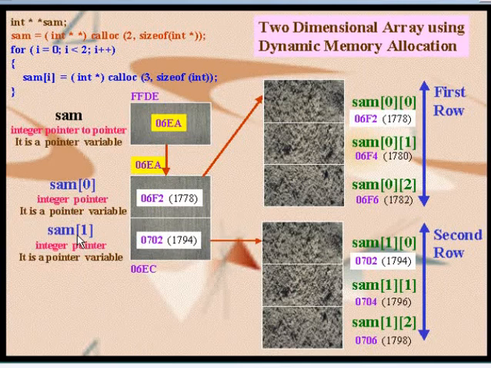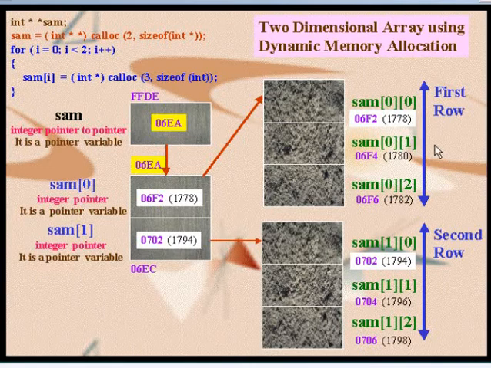Okay, next point is here first row and second row are disjoint. There are different memory locations. Okay, so they occupy different memory areas in heap area. Okay, so in case of two-dimensional array without dynamic memory allocation, this space is a continuous space. Allocation of Sam00 to Sam12 is in continuous memory locations. Okay, understood this point?